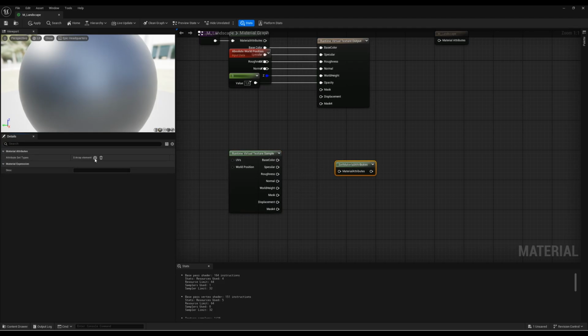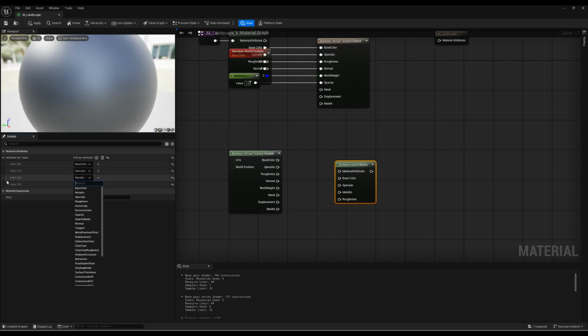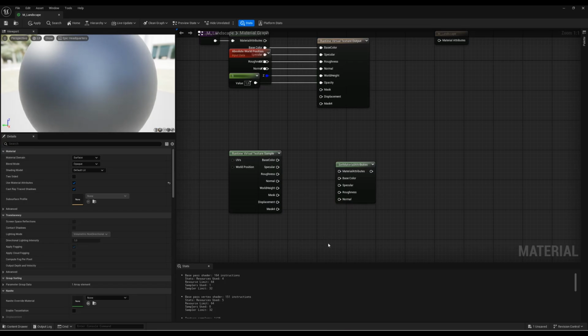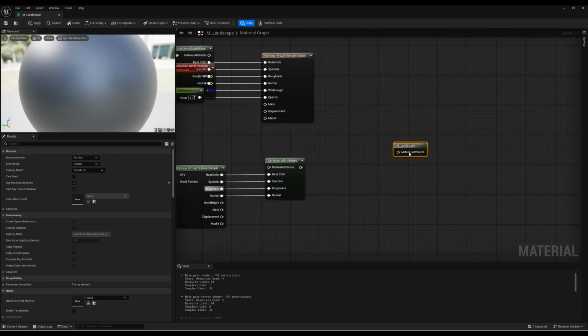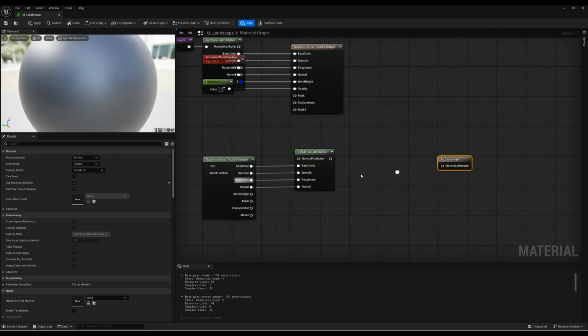And this means we need 4 materials, base color. This one is the specular, just swap that. And we can use the roughness, swap this as well, and metallic would be then normal, because, I mean, yeah, metallic doesn't make any sense. And then we can just hook this one up, specular, roughness, normal, all that stuff. And we can already get our landscape material, but before we hook this one up to our landscape material output,